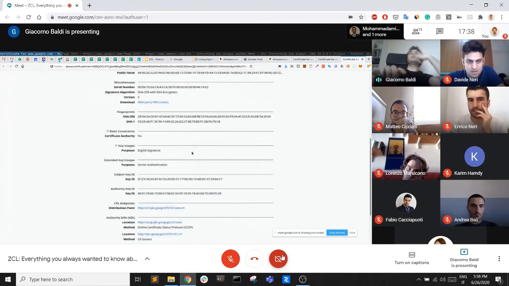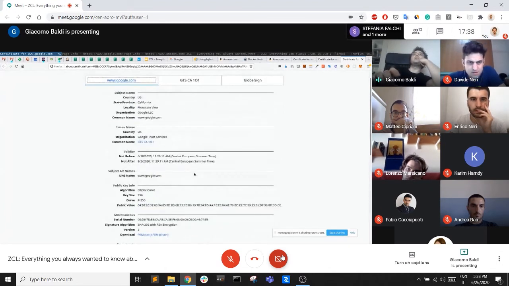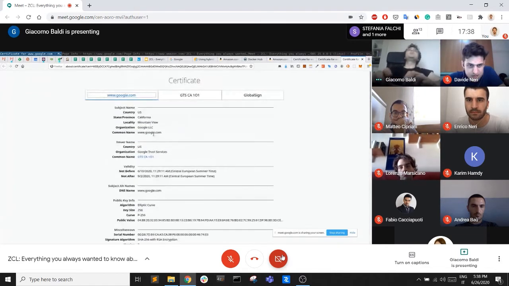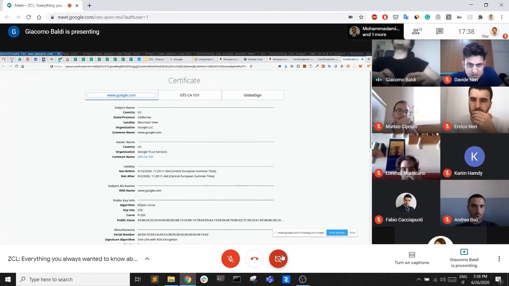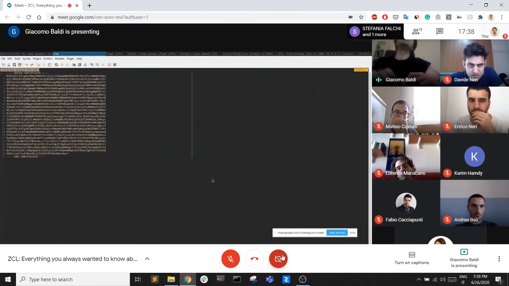I lost it. However, this kind of certificate is signed with somewhat outdated algorithm. I don't find it here in this stuff, but I hope they don't give me the full certificate, so I cannot show you. Wait, let's see. Okay, it's here, PEM. I found it. Okay, they give you the PEM certificate of the server. Okay, let me copy this